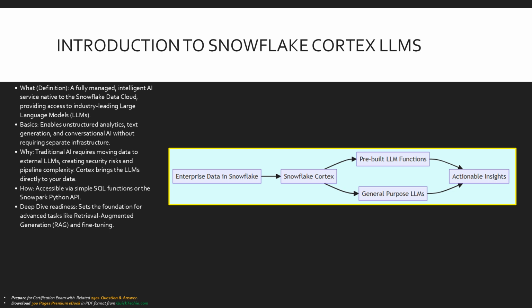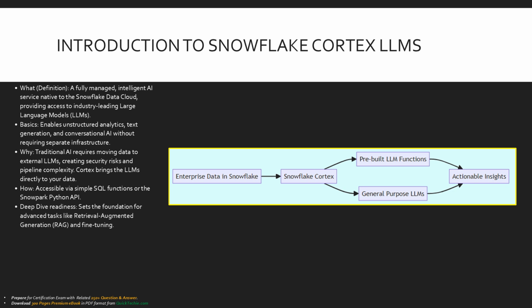It beautifully illustrates the simplicity of the Cortex architecture. On the far left, we start with your enterprise data already residing securely in Snowflake. Notice how the arrows flow directly into Snowflake Cortex without ever crossing an external network boundary. Inside Cortex, your data interacts with two main branches, pre-built LLM functions for specific tasks like summarization and general-purpose LLMs